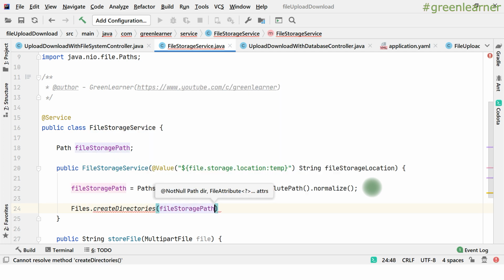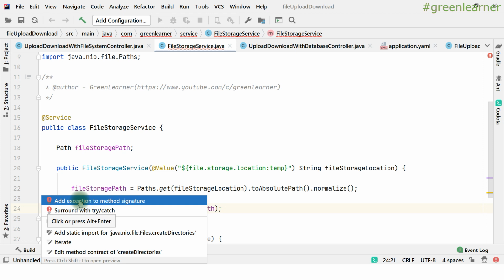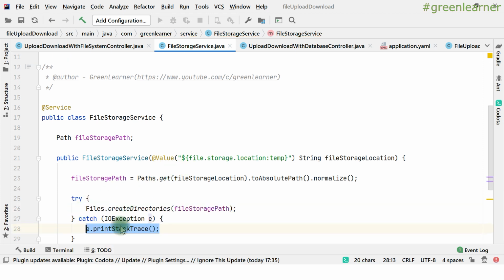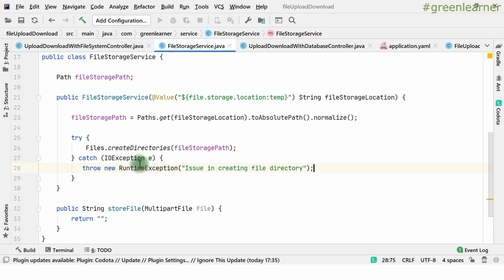It is going to throw some exception, so let me handle that with a try catch. I want to throw a RuntimeException with a proper message, so I want to fail this. If there is an issue in creating directories, it is going to throw an exception, issue in creating file directory, right? So now we have this file storage service ready.